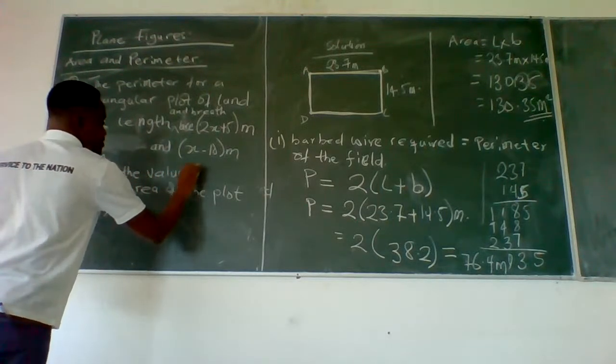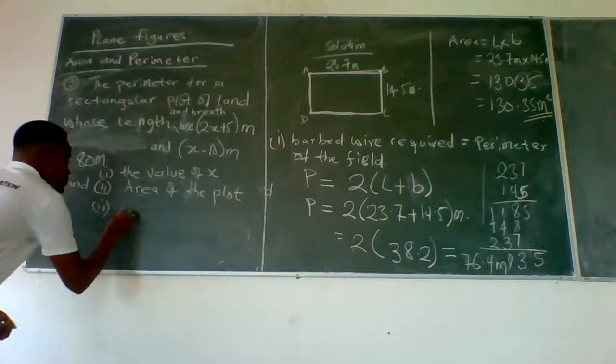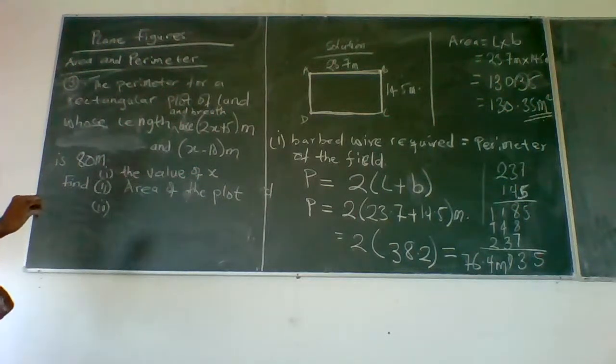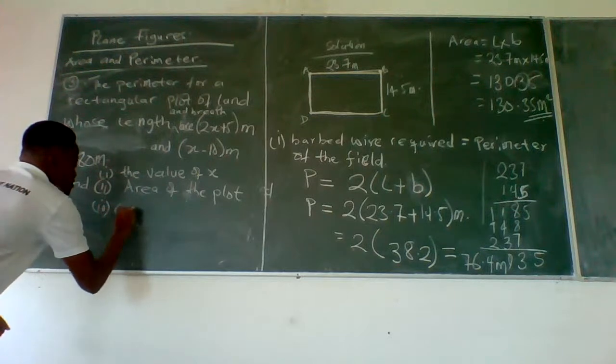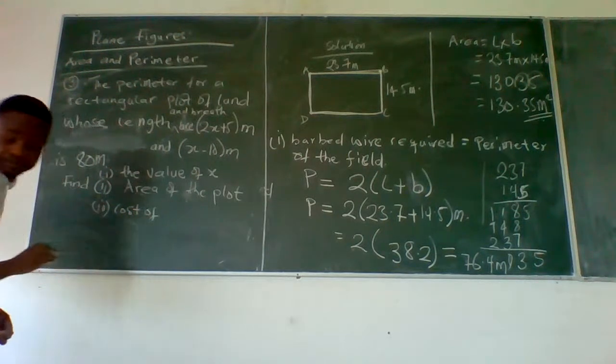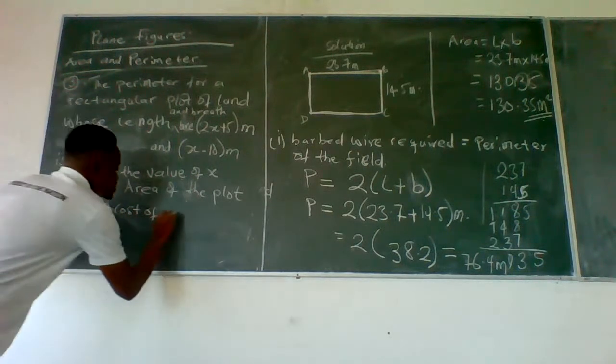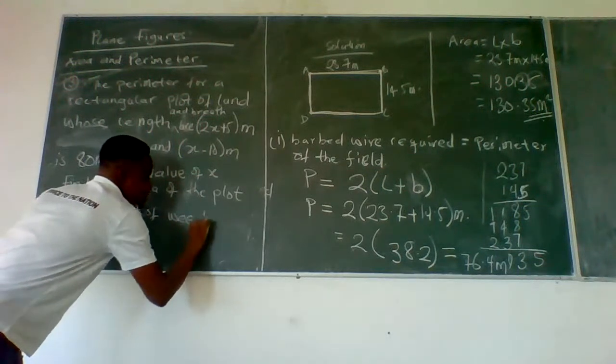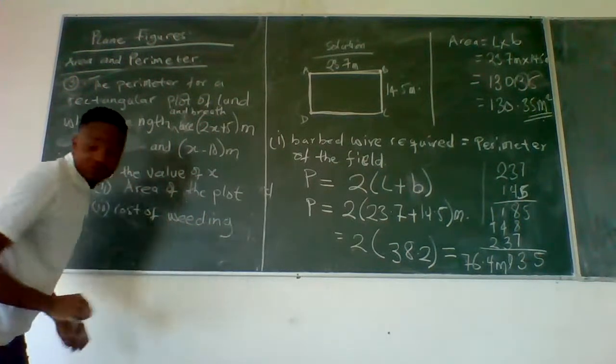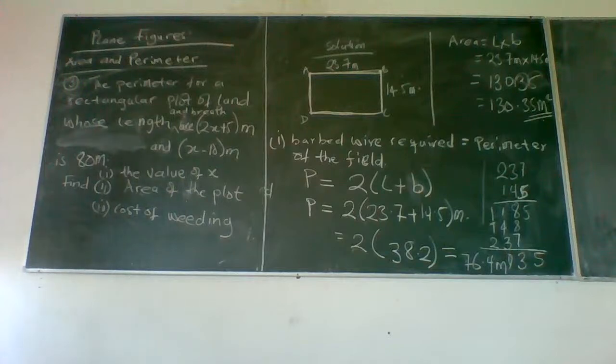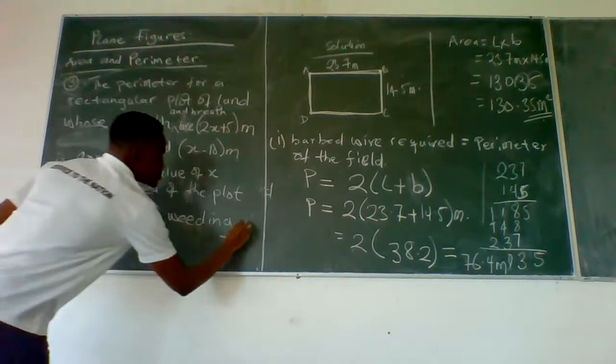You first of all find the value of x before you can find the area of your plot. Then the third one is cost of weeding. So let's say the land is bushy and you want to employ someone to weed the land